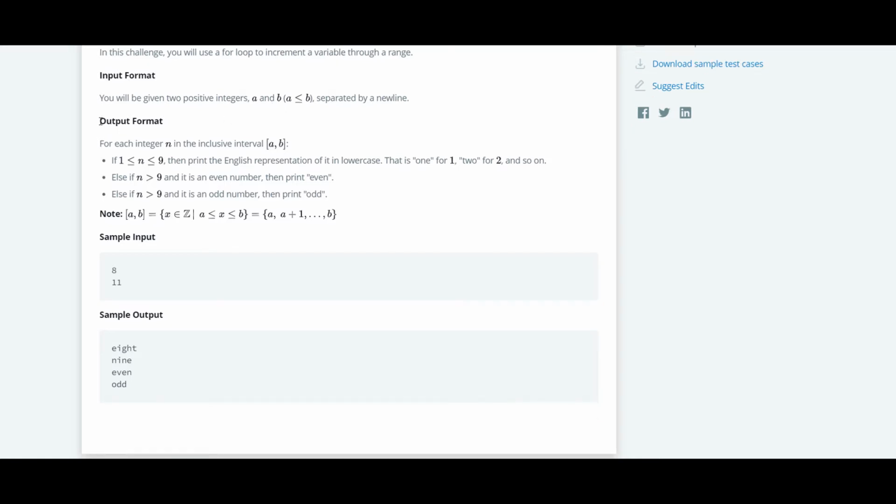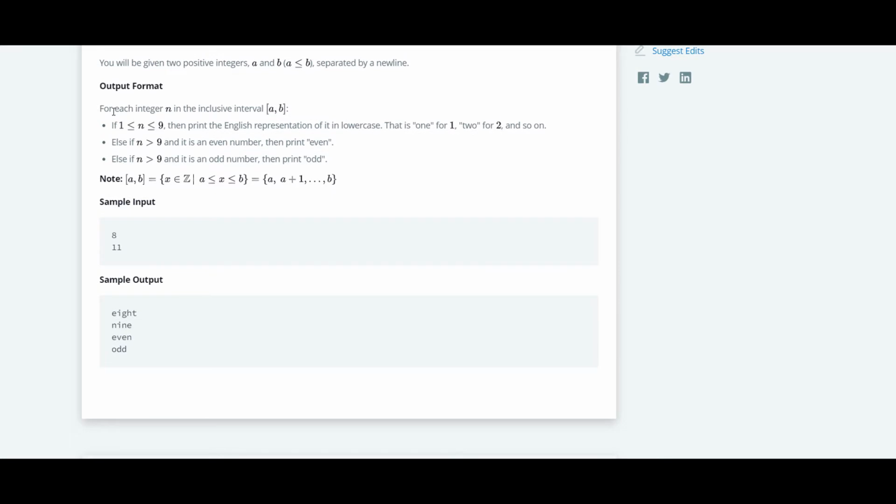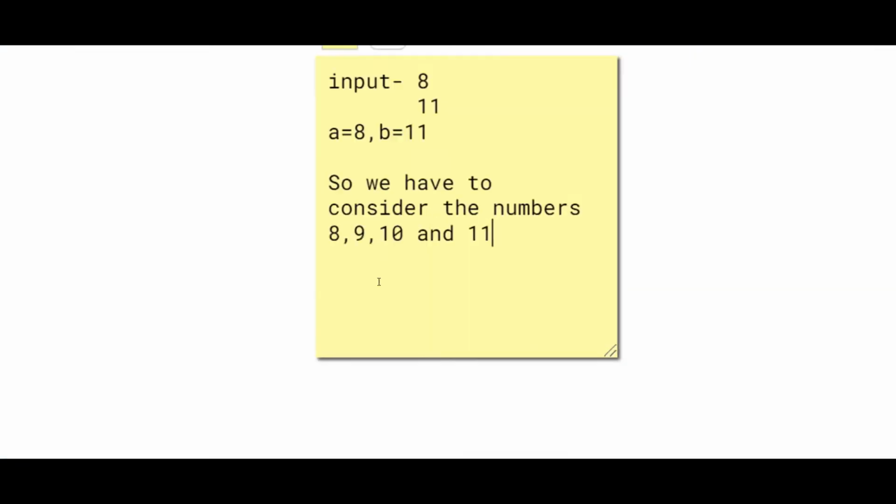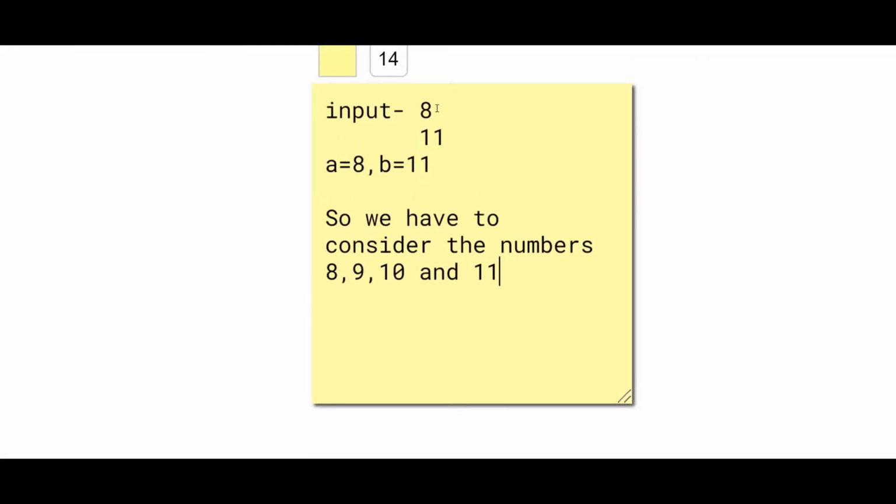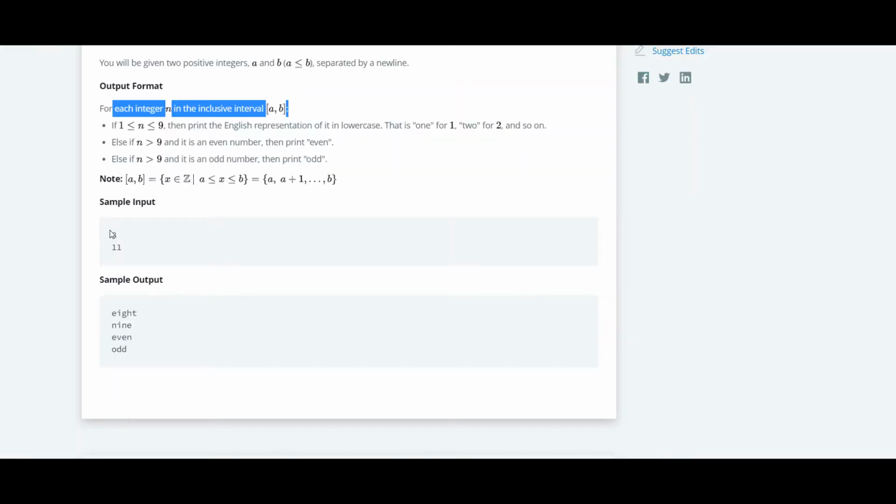So we'll now look at the output format. Here they have told us about each integer n in the inclusive interval of A and B. So what does it exactly mean? It means that 8 and 11 are the input numbers which they have given, as you can see over here.